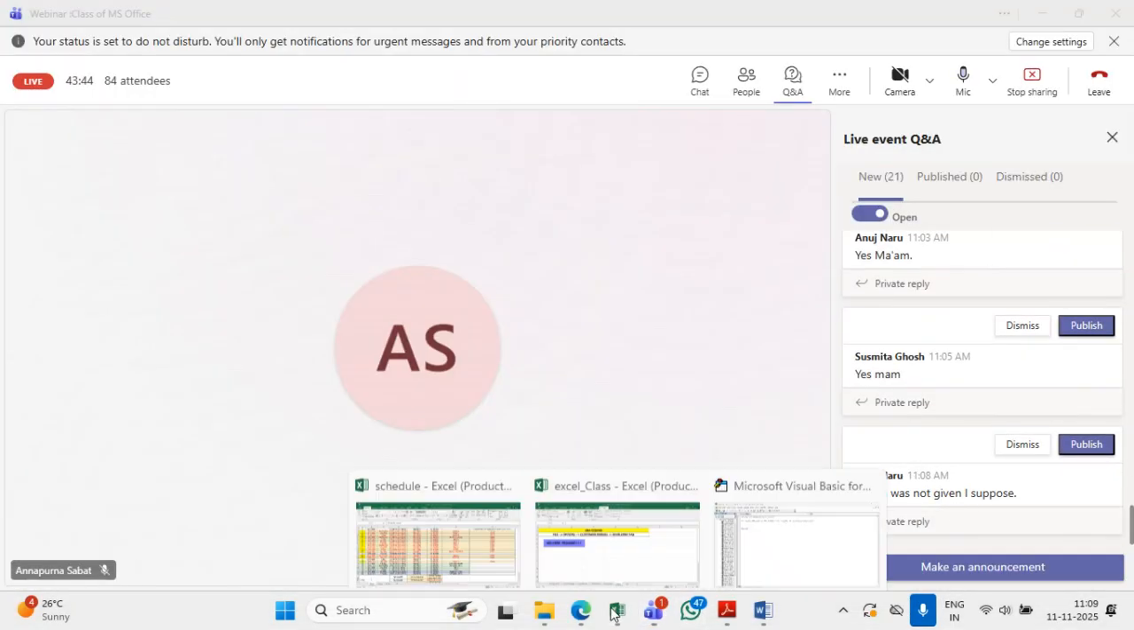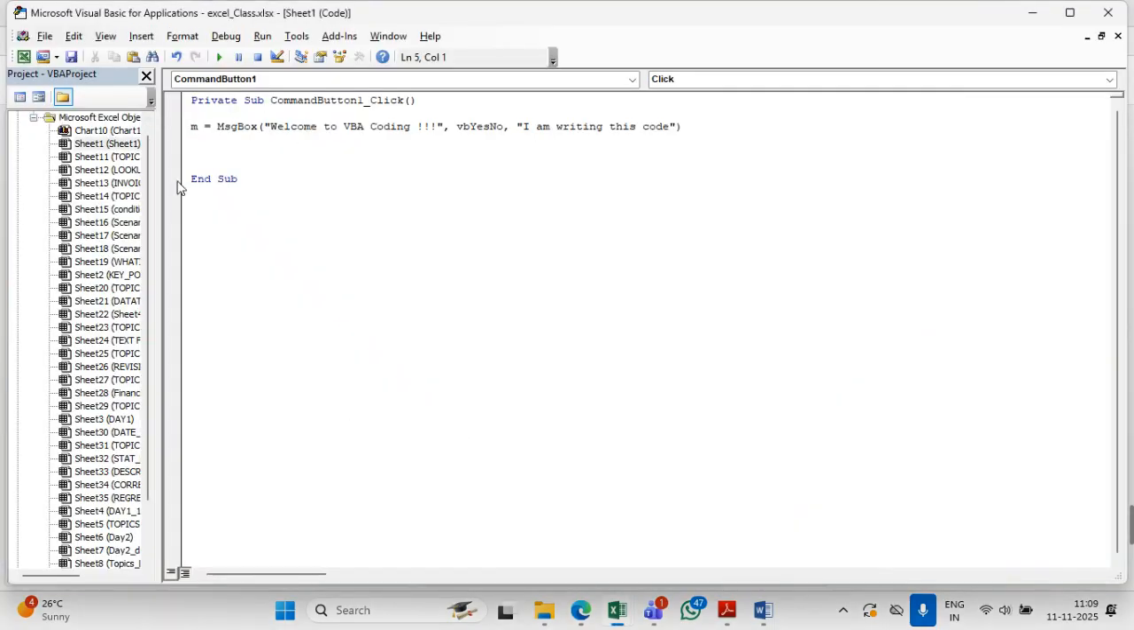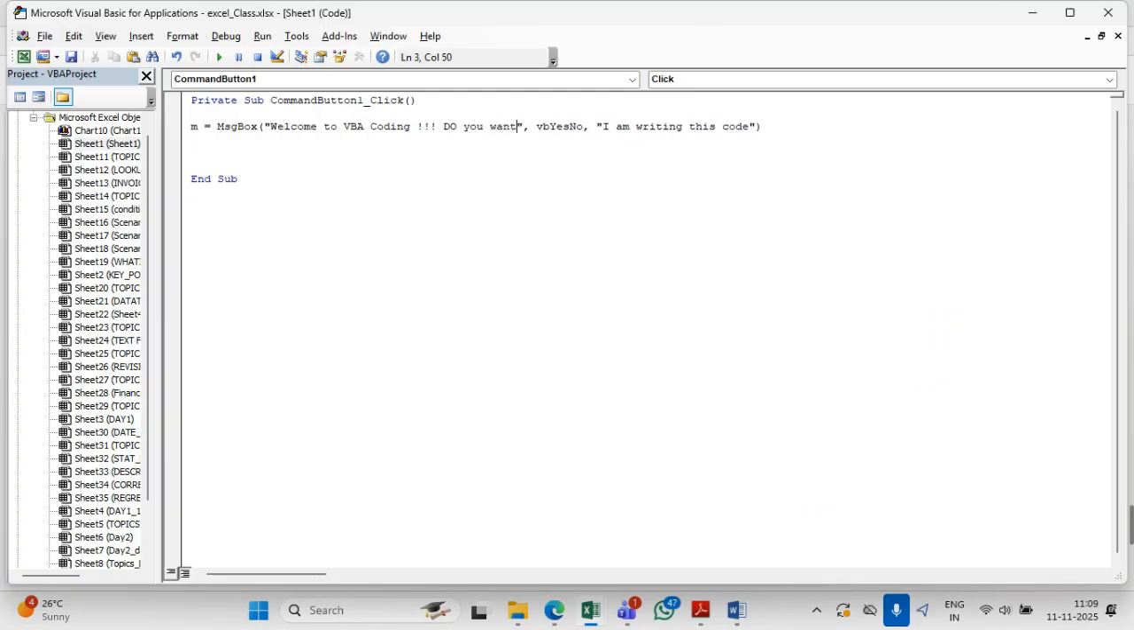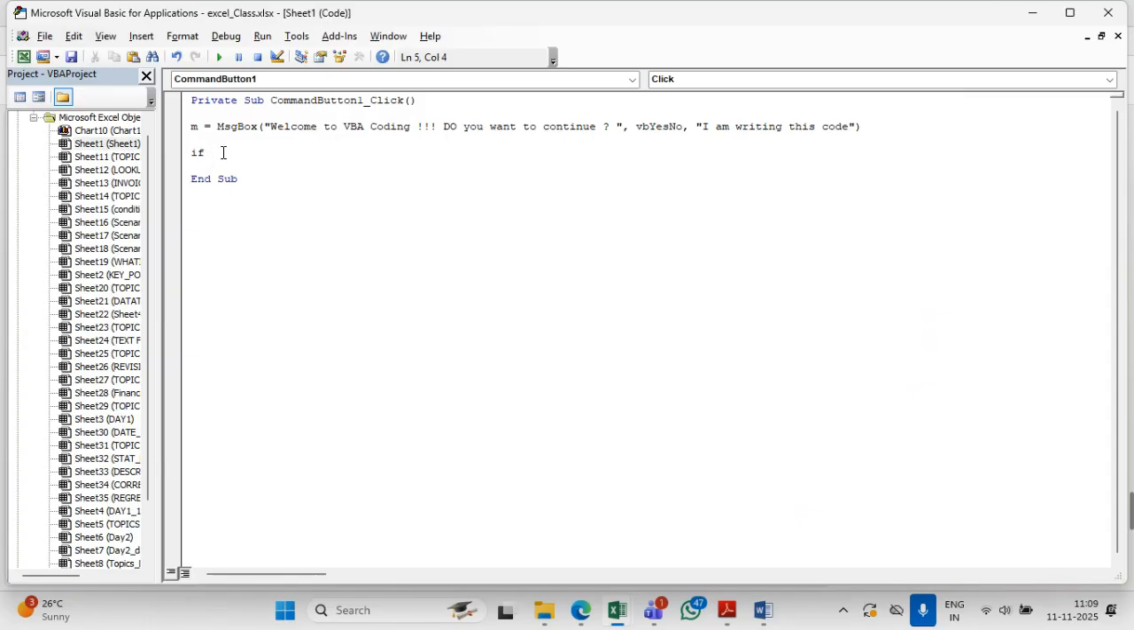Yes, Anuj, very correct. So now you have understood. Now this M value is what? I want to capture it and understand whether it is yes or no. So I'm saying, say, welcome to VBA coding, and then I'm writing, say, do you want to continue? And for that I'm taking the user's response, yes or no. If the user has clicked yes, in that case I want to give another message, and if the user has clicked no, I want to give another message. So if M is equal to vbYes, then